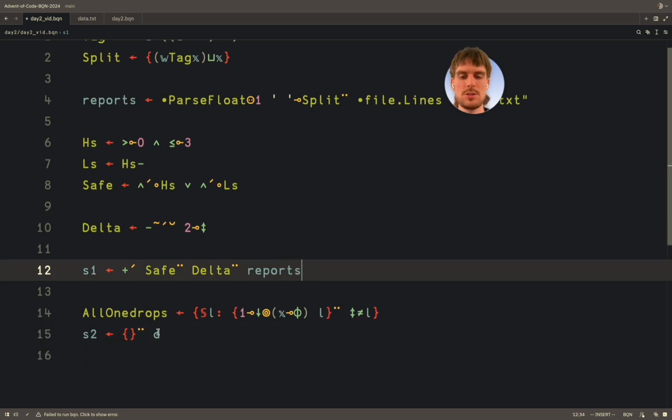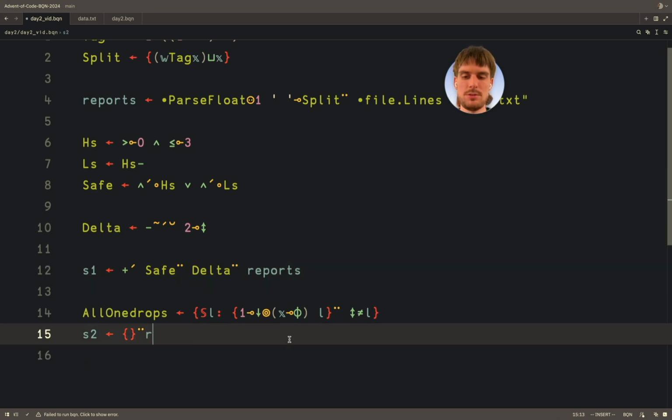We go for all the reports, and we check if the report, which is now X, or the delta of those, is safe. Actually, we don't need to do each because we're already in a specific report. And if it's not safe,